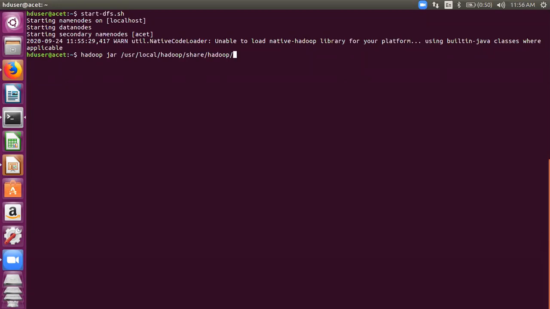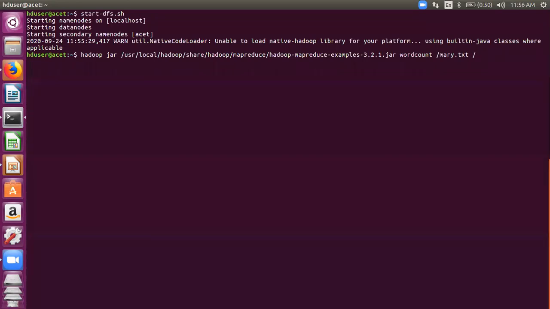Again the Hadoop folder, the MapReduce folder, and then the name of the file, it will come like this, right? This is the file which I need to execute. Okay, within this file I have the word count class. Okay, to this word count class I'll pass the file, that is mary.txt, and an output directory.